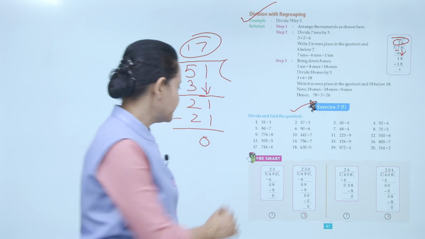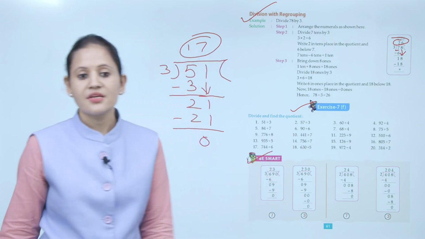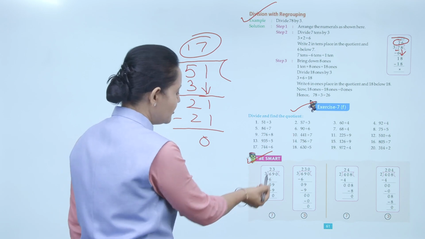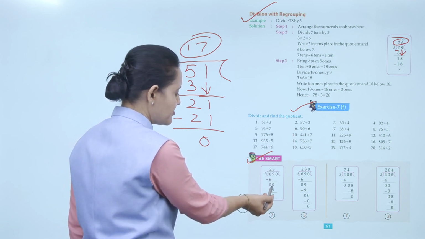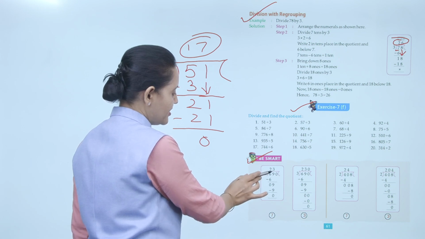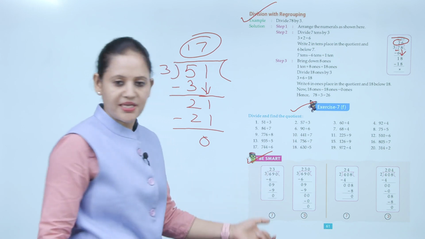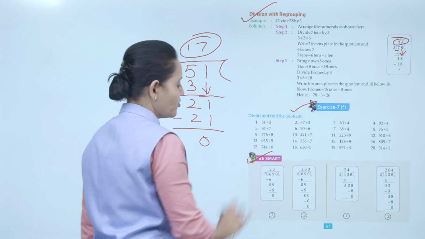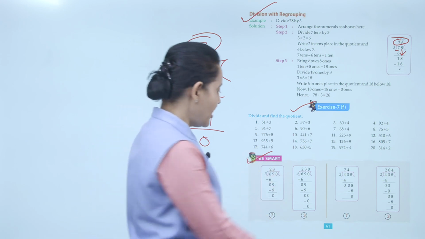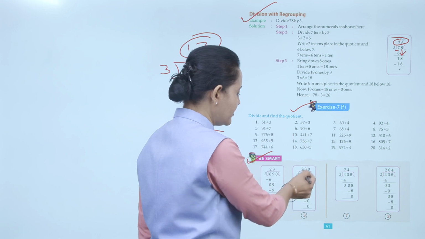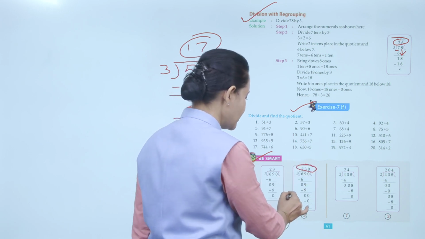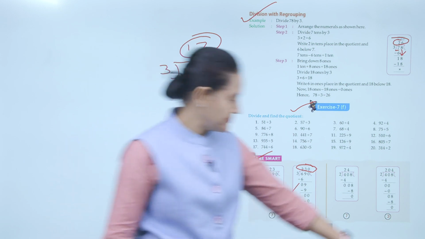Next, be smart. Here 690 को 3 से डिवाइड करना है. So 3 2s are 6, subtract किया 0. Next number note down किया 9. Now we have to divide 9 by 3. 3 3s are 9. Subtract किया 0. Now we are left with the 0. But हमें 0 को भी डिवाइड करना है. As we know, अगर हम 0 को 3 से डिवाइड करेंगे we'll get 0 here. So this quotient is right, 230. This way is the correct way of division.